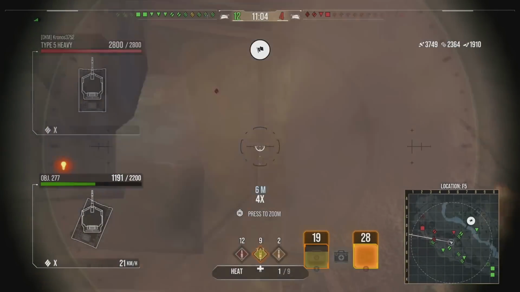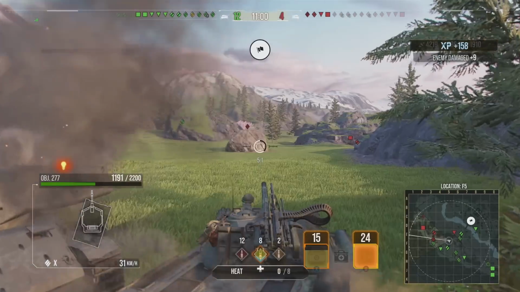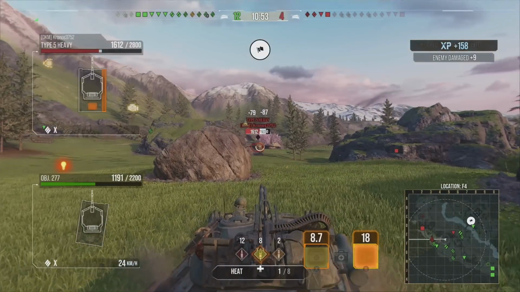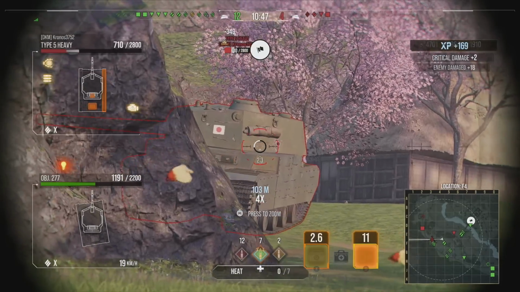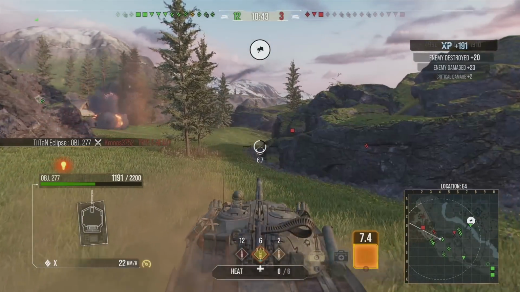The Type 5 Heavy we managed to hit on the move, because the slimmer the shot, the more chance of actually hitting apparently. And so now it's time to just progress towards him. You see he's kind of, the turret armour is getting less angled as we're going towards, which is nice, and we place a nice high rolling hit into him. And from this point it's just a case of finishing him off